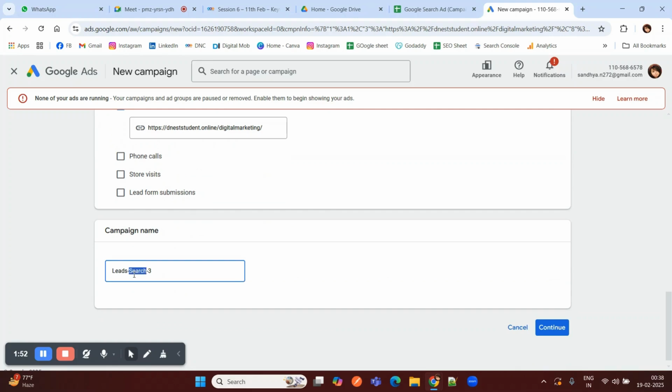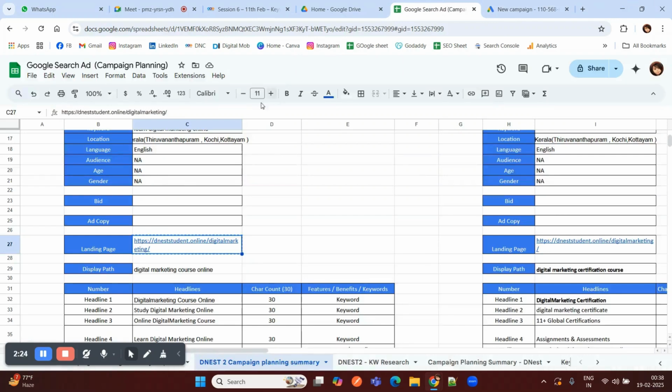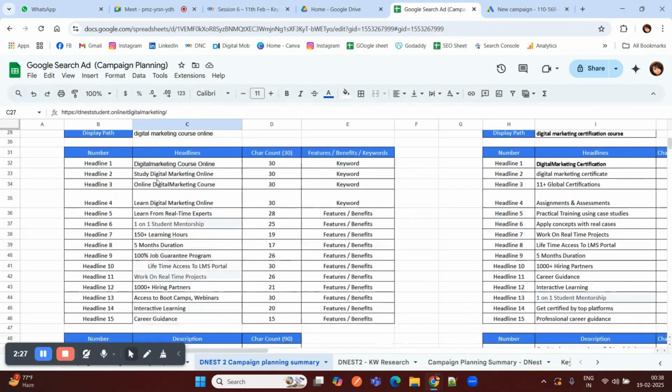So campaign name we have to give here. For writing the campaign name, there is a formula: product, hyphen, objective of your campaign, and then ad type, and then campaign date. So I have decided my product name, so I'm going to take it from my